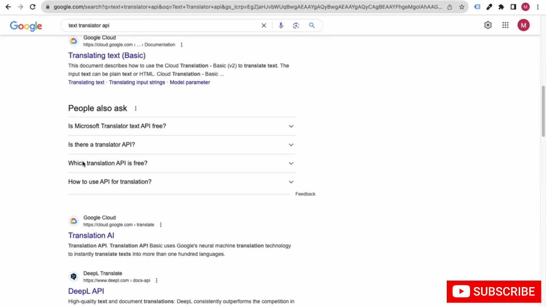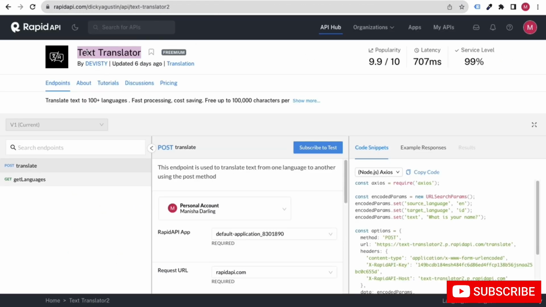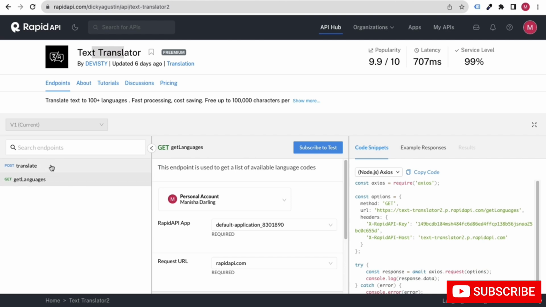So that's why it's very important for us to do proper SEO on Rapid API. Make sure you put this text translator keyword properly in your title and in the description as well. Along with that, put the proper keywords and write 4 to 5 line paragraphs including the keywords related to text translator, and what these particular endpoints are all about, right? In this way you have to do proper SEO.